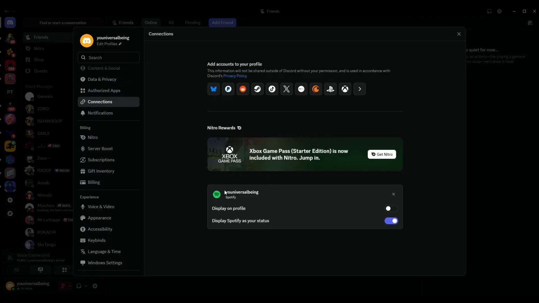Once your Spotify account is connected, the next step is to open Spotify or the Spotify desktop app. Now simply play any song, album, or playlist you want. As soon as music starts playing, Discord will automatically detect it. You should now see your Spotify music appear as your Discord status, letting others know exactly what you're listening to